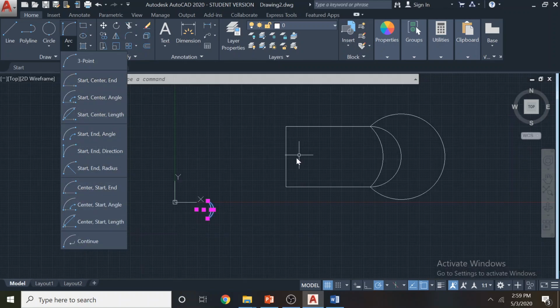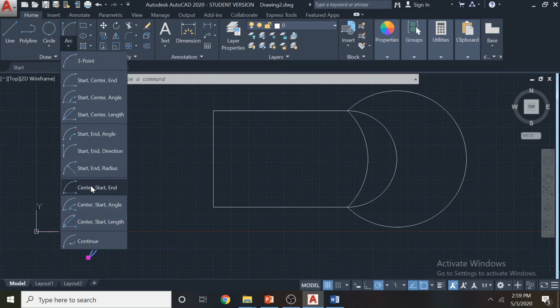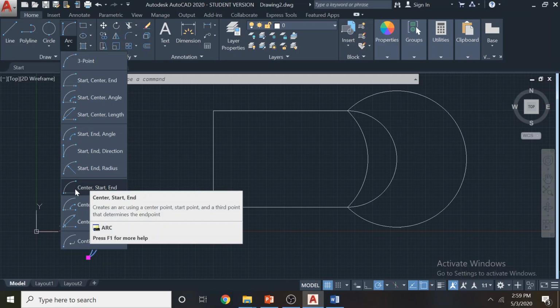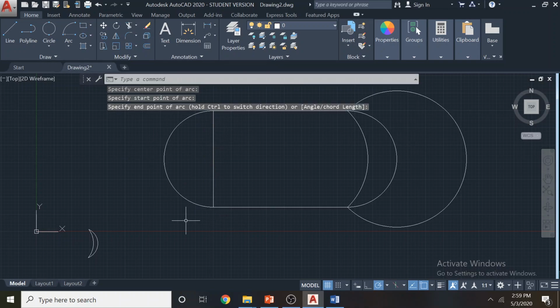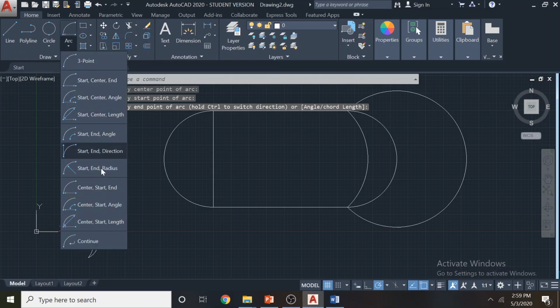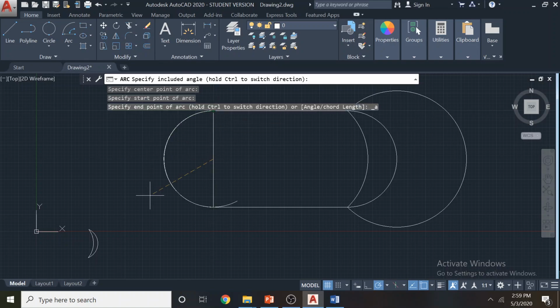Some people may like to draw the center point first and then start, like the normal manual classes, where I locate the center, then the starting point, just like you draw it in a manual class.